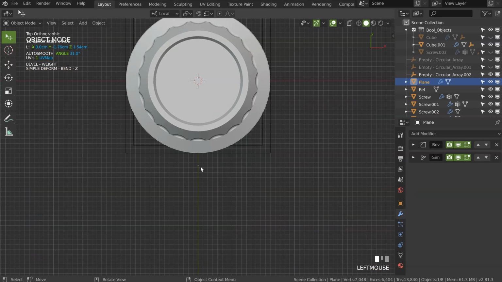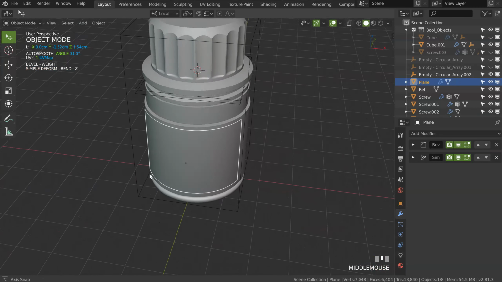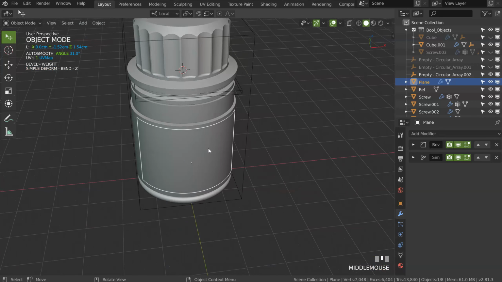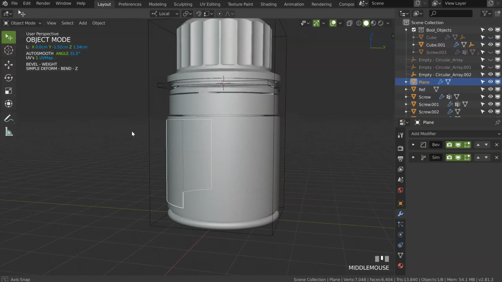After I can just select it, top view. I cannot see it. Just move it a little here. And with the simple deform, edit it up to have something that will work. So as you can see, this is pretty simple, and since you are deforming it with the simple modifier, the edit mode is still like that. You can select this and press U and unwrap, and you will have a correct result directly.